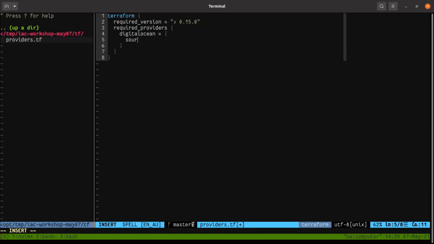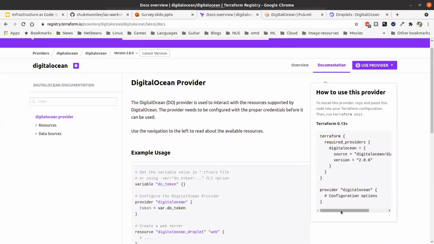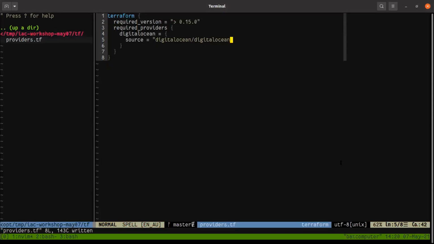The source is going to be DigitalOcean. This is essentially the name of the provider. Everything in here you just copy. And this is the version, 2.2.8.0. So that's the first provider.